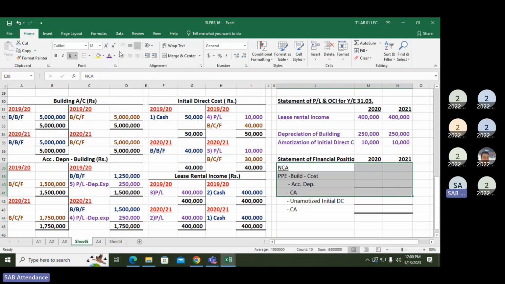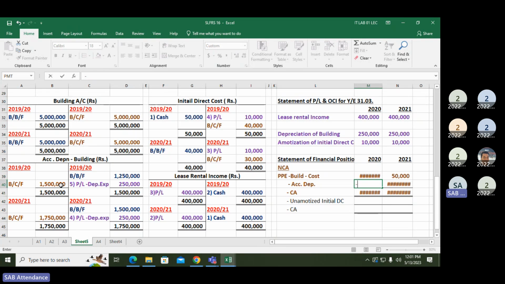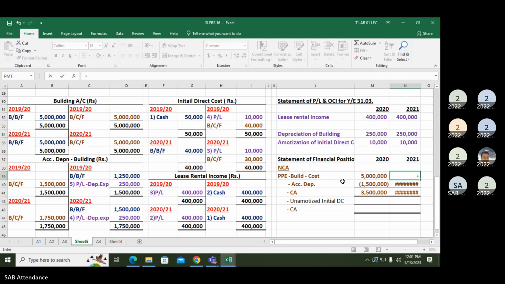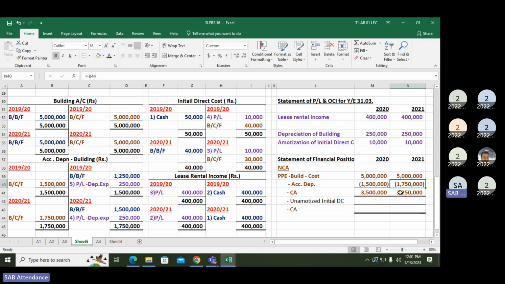Then you keep the building. Building 5 million. From that, deduct accumulated depreciation. Then this unamortized initial direct cost, until it amortizes, we add to the